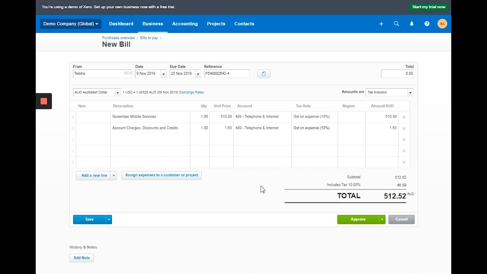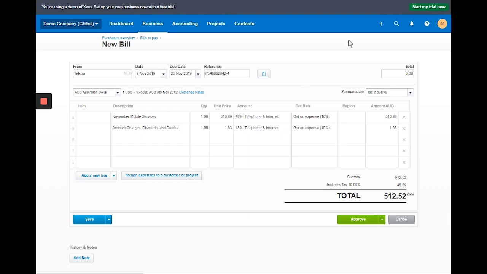But if, for instance, I'm from the Philippines and I purchase items from another country, this should go through GST-free expense. Anything that we buy abroad should be GST-free expense or tax exempt.